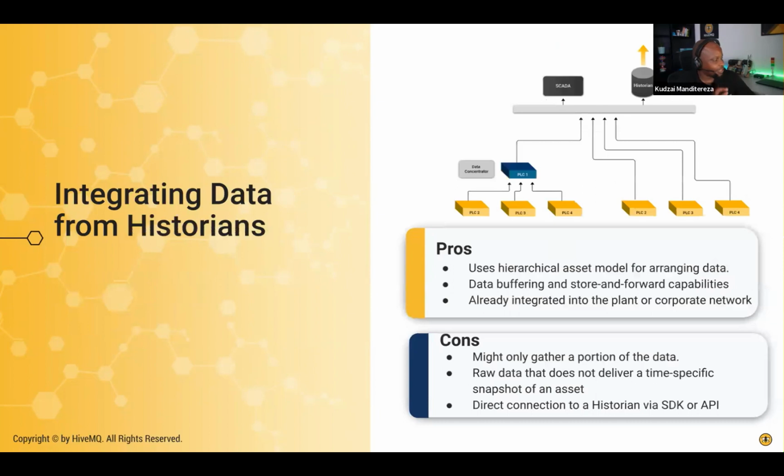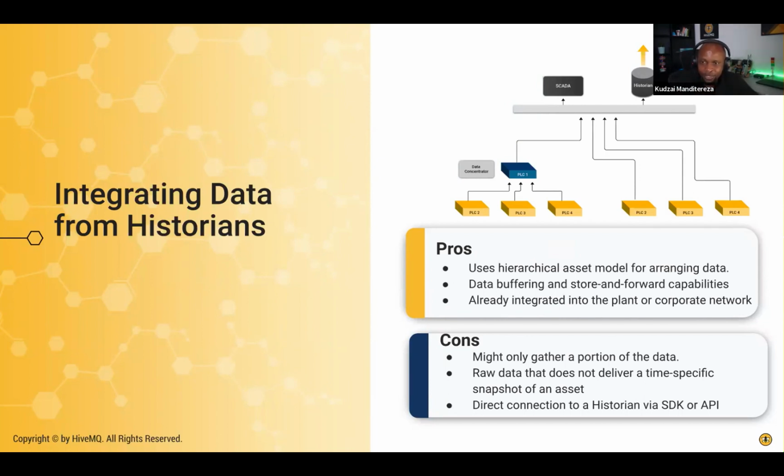So the next data source that we're going to look at is the historian. Historians are really interesting because they already follow some form of hierarchical asset model, where all this information is arranged according to the asset model that exists within your plant. That is a big advantage because, again, you've got more context on the data that you're collecting, which you can then use to your advantage whenever you are